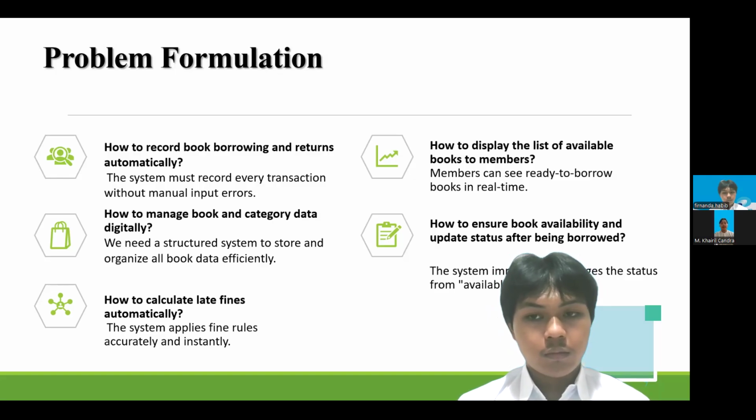Fourth, how to display the list of available books to members? Members can see ready-to-borrow books in real time. Fifth, how to ensure book availability and update status after being borrowed? The system immediately changes the status from available to borrowed. For the next slide,